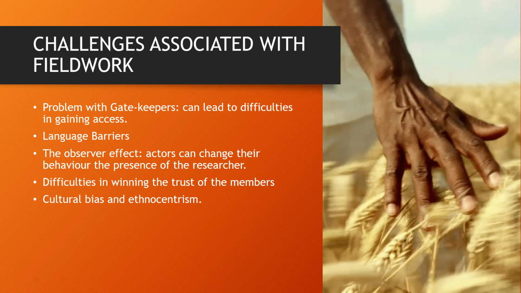Before you enter into a community, there are some people called gatekeepers whose consent you must seek. The gatekeepers could be the political leaders of the society, the chiefs, the queen mothers. The problem with them is that it could be difficult for you to gain access, to gain their consent in order for them to allow you to collect the data. This may be because there is some information about the community that they are afraid you may unearth.